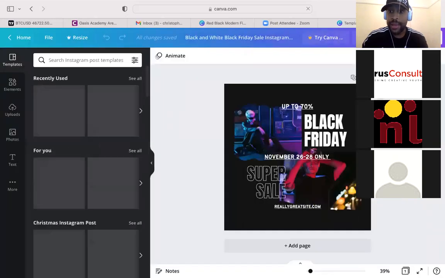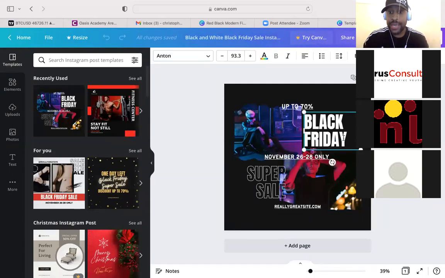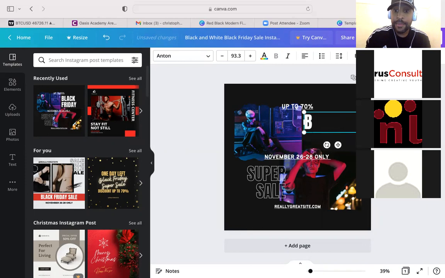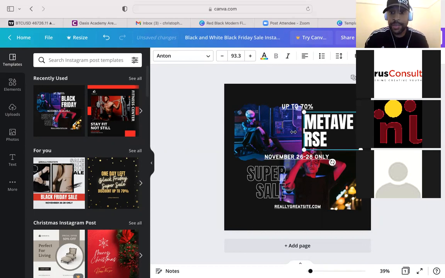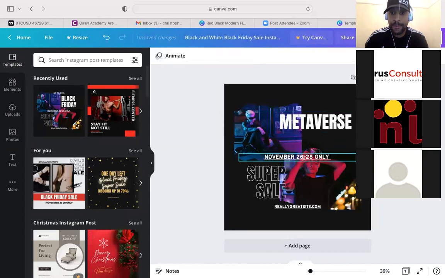And it will appear there for you. And then all you simply do is edit it to suit you. So if I wanted to edit this, put the cursor there so you can start deleting the text and you could type what you want. So you want to talk about metaverse, you put metaverse in, you can stretch it across to fit, you can delete stuff that you don't want, and then